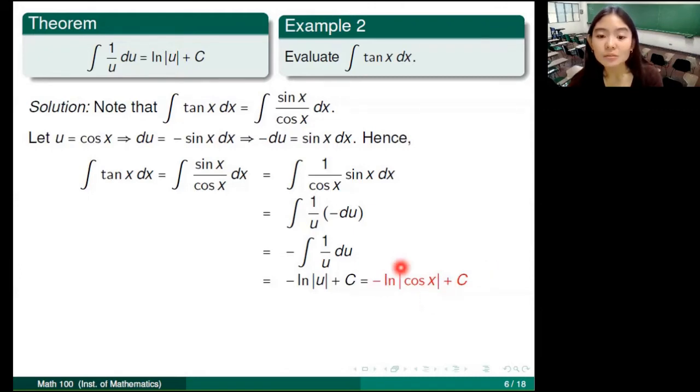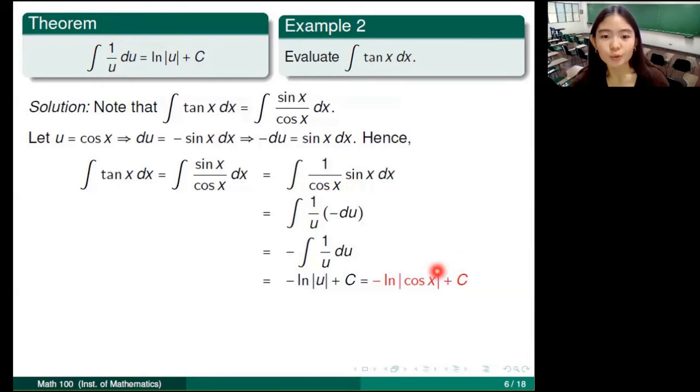Negative ln absolute value cosine x plus c. So wag niyo yun kalimutan, sa exam or kapag lumabas sa exercises. Ibalik niyo dun sa kung ano yung original na variable. Paano niyo yun ma-check? Balikan niyo lang yung original na given sa inyo. Kung ano yung original na variable na ginamit doon, in this case, x, yun din dapat yung variable na naka-involve